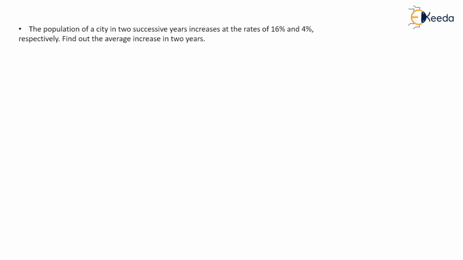So here is another similar question. You have to find that the population of a city increased in two successive years at a rate of 16 and 4% respectively. Find the average increase in 2 years. So I told you, you have to multiply the increase rates and take its power. Since it is successive for 2 years, take the power 1 by 2. So 64, you have to find the square root of 64, that comes out to be 8. 8% was the increase for the last 2 years.